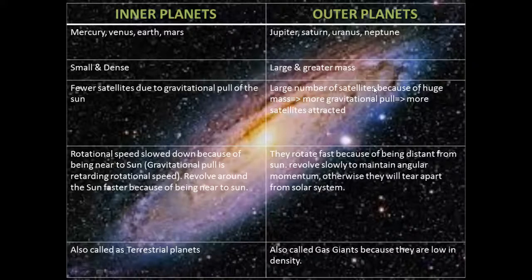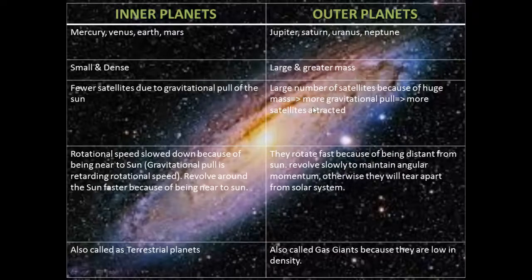Okay, also since they themselves are such huge planets, their gravitational pull is very huge, so they are capable of binding their natural satellites to themselves. The Sun is unable to pull towards itself the natural satellites of these outer planets, which are so huge in size and have such enormous gravitational pull.